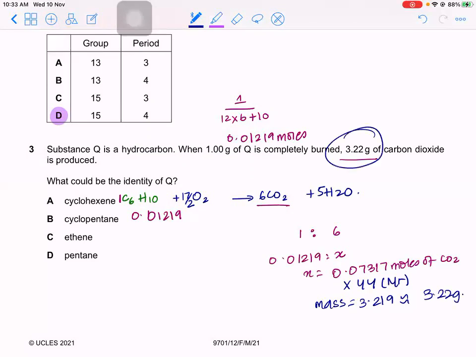And that's exactly what we have. Do you see? This is 3.22 grams of carbon dioxide being produced. Therefore, the answer is A. Now, you'll be like, Miss, we'll have to do this for all the options. No, you got your answer in A. You don't have to do this process for all the others, right?